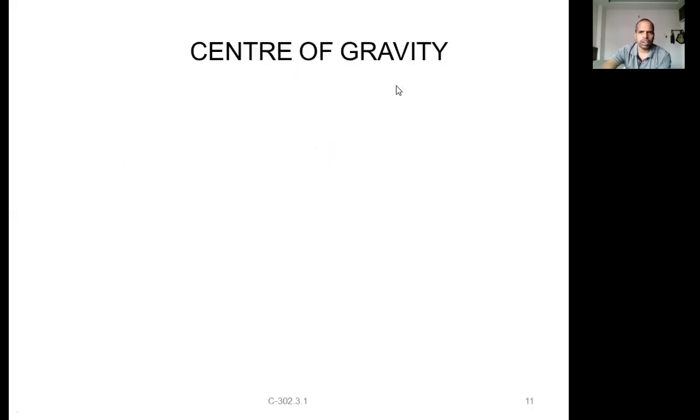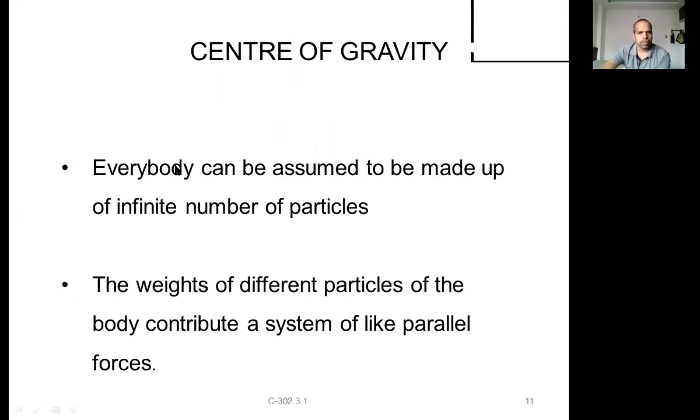Next, now let us define the center of gravity. What is the center of gravity, and how to calculate it? Every body can be assumed to be made up of an infinite number of particles. If you take this pencil, it consists of many particles. From here to here it has a certain length, and if we divide it into n number of particles, not 1, 2, 10, but lakhs, crores, you can divide it into any number of particles. Each particle will have a certain weight. That's what we are saying: it consists of an infinite number of particles.